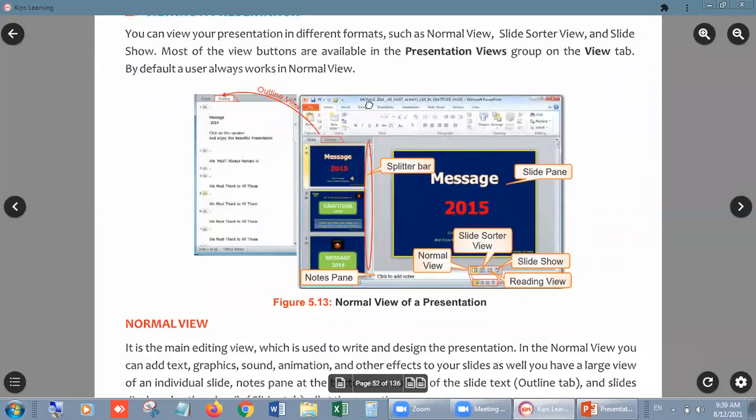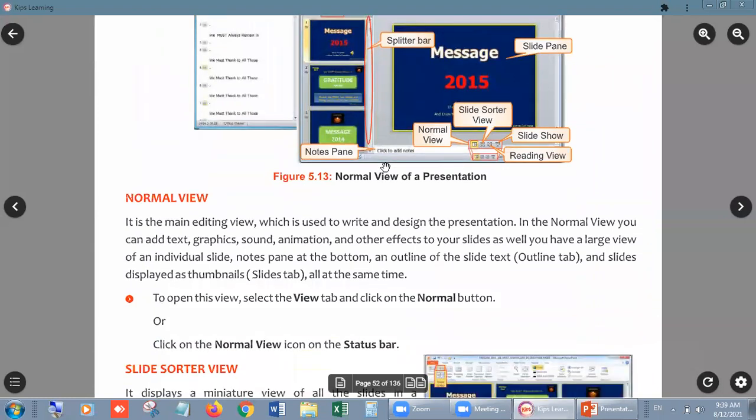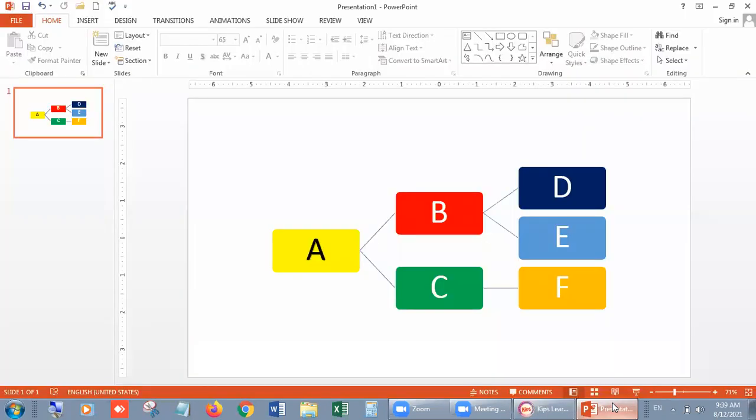Look, students, we have 4 views to show our presentation, and they are at the bottom of the screen on the status bar. Look, this is normal view, this is slide sorter view, this is reading view, and this is slide show view.